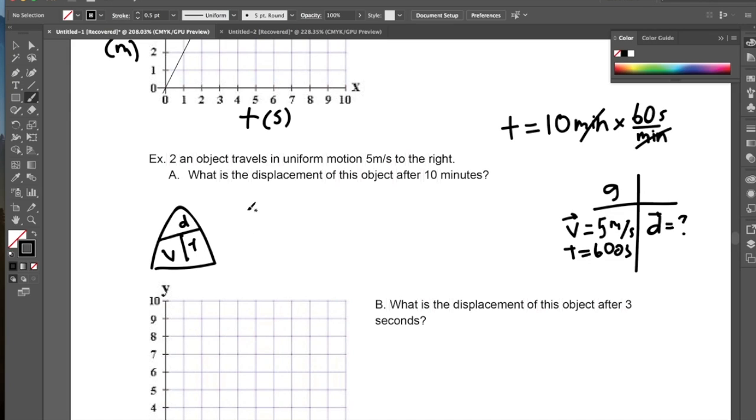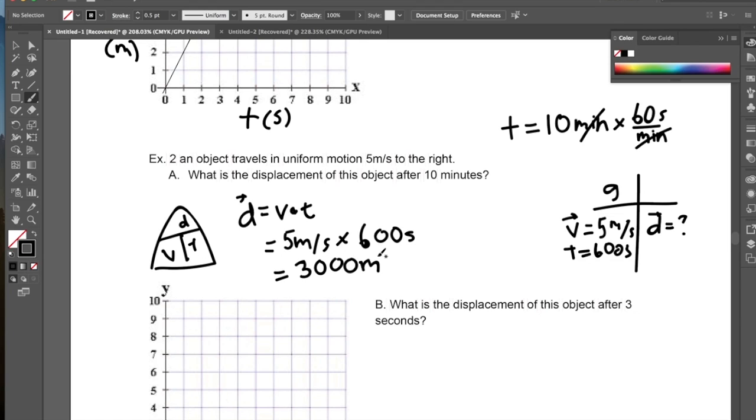So displacement equals velocity times the time. That means it's 5 meters per second times, since it's 10 minutes, 600 seconds. You multiply that together, 5 meters per second times 600 seconds gives you